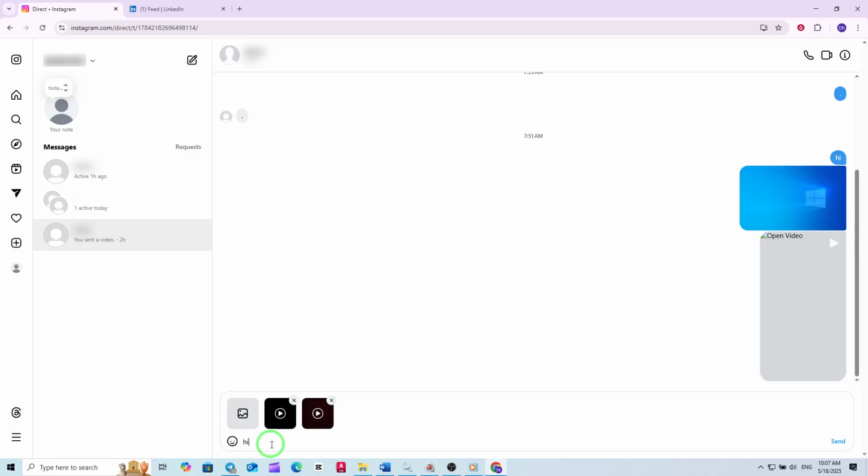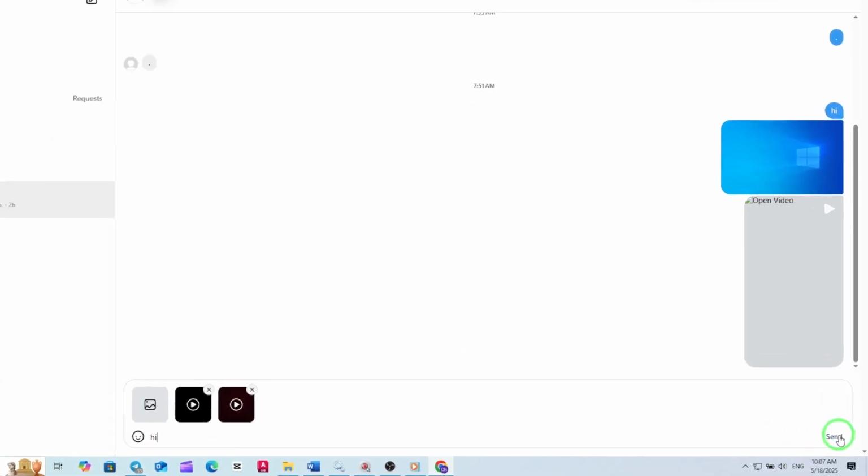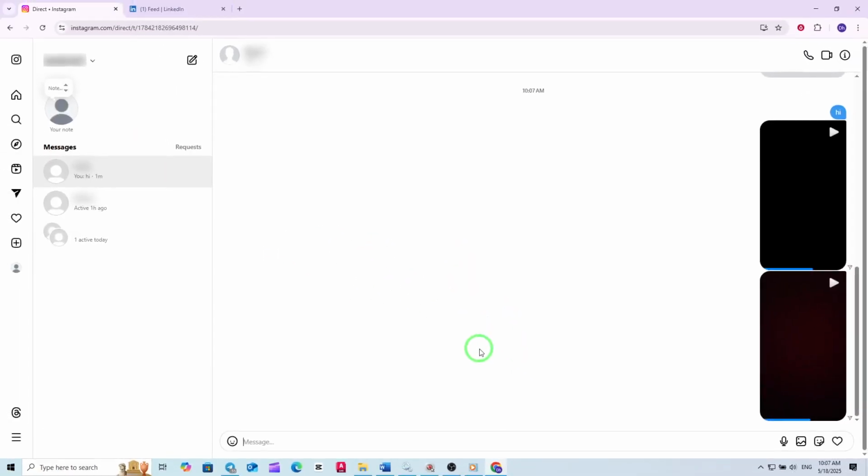When you're ready, click Send. Your selected videos, along with your text, will be delivered together in the chat. The recipient will see all the videos and your comment in a single message, making your conversation more engaging and personal. That's it. With this new Instagram update, sharing multiple videos with a comment in your chats from your PC